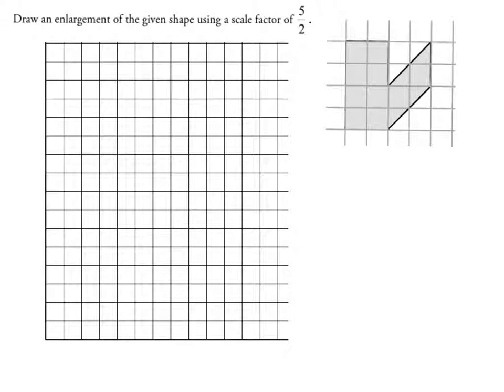Here's the first question in this unit assessment. Draw an enlargement of the given shape. Here it is, using scale factor of 5/2. Now, 5/2 means that I take all the sides in the given shape, half them, and then times them by